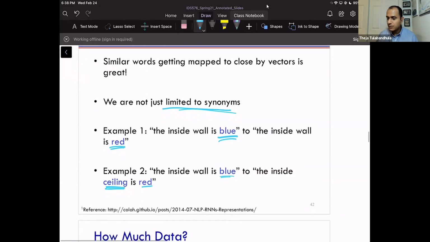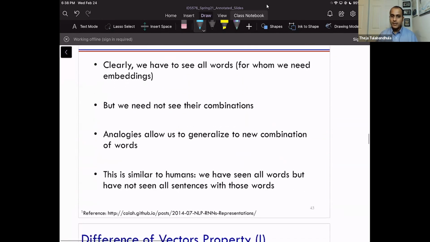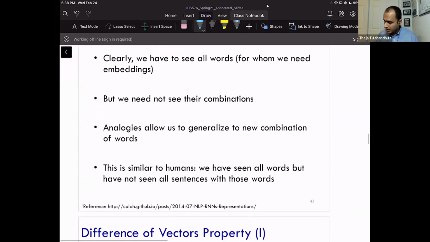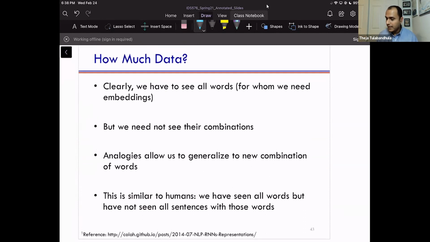This is what we want, and this is what we were checking for when doing diagnostics: whether words which have similar meanings have similar embeddings, and whether words which appear in similar contexts, which is the larger, broader goal, do too. And the second point, before we talk a little bit more about the embeddings, is how much data we need to get these types of representations of words.